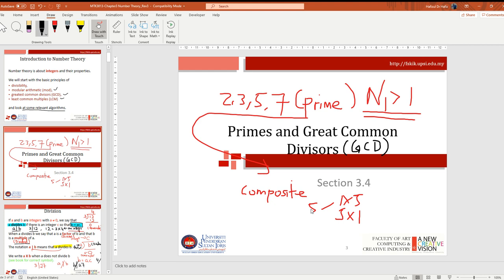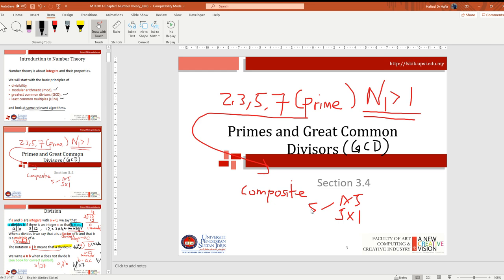A prime number is a natural number greater than 1 that is not the product of two smaller natural numbers. And a natural number greater than 1 that is not a prime number is called